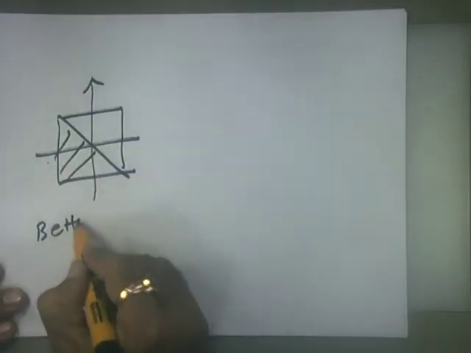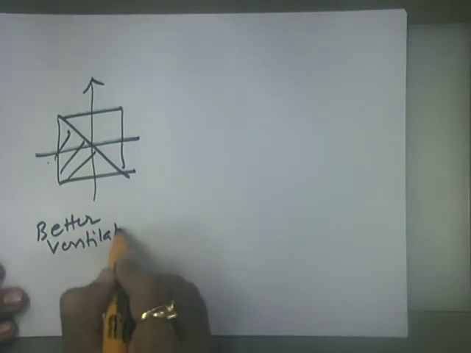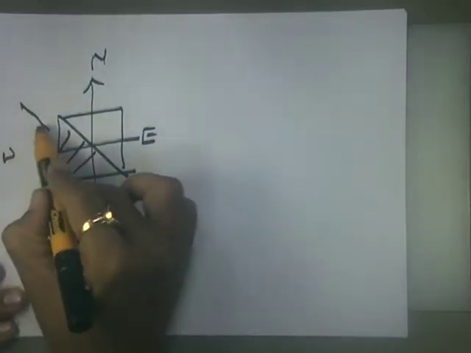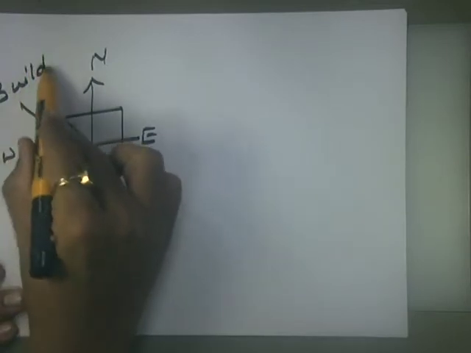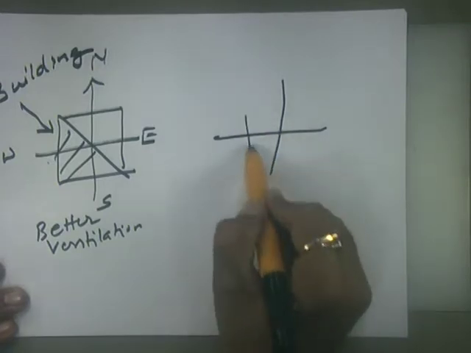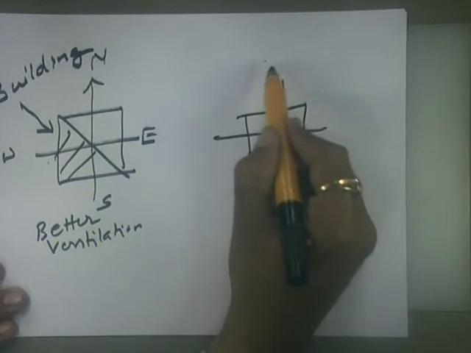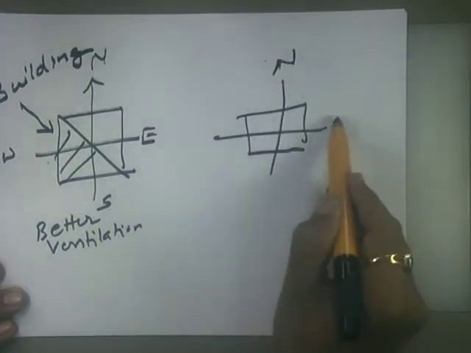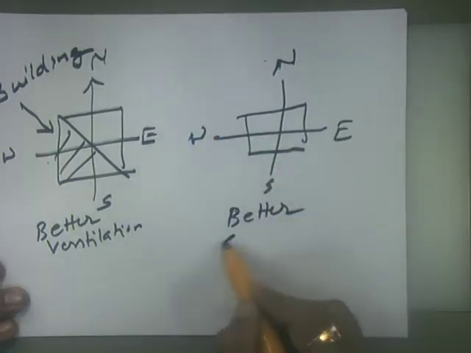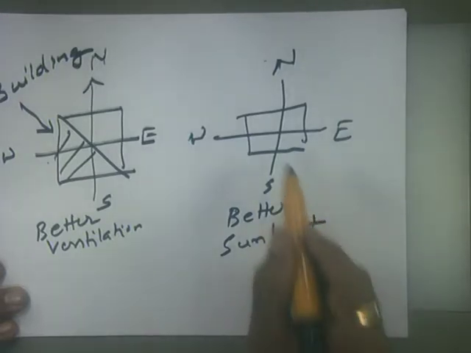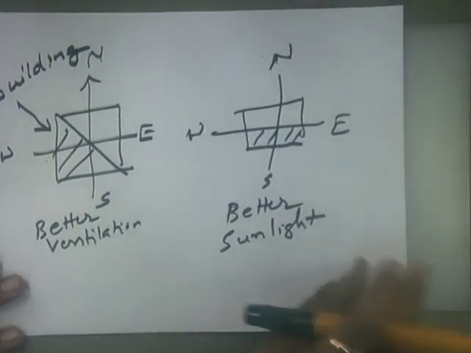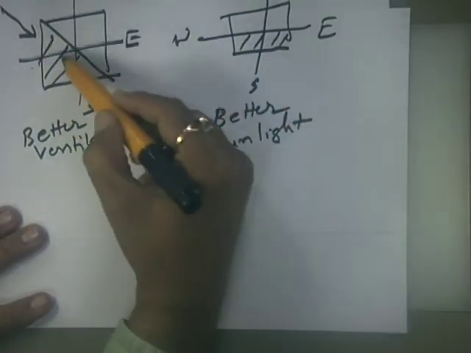Better ventilation. The north, the south, east and west. This is your building. And for better sunlight, north direction, south, east and west. So for better sunlight you have this area. And for warmth, this is the area in the building